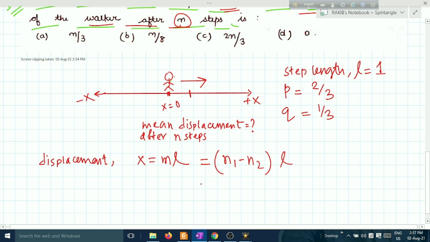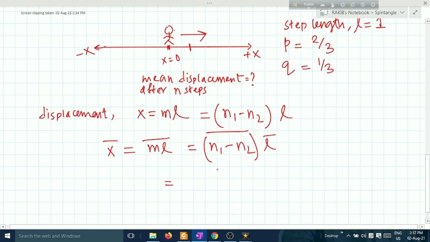Taking the mean displacement, x bar means the bar of (n1 minus n2) and l bar,